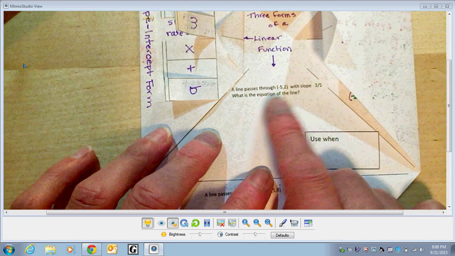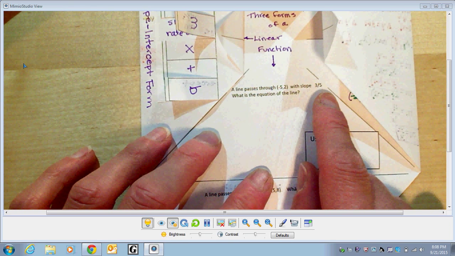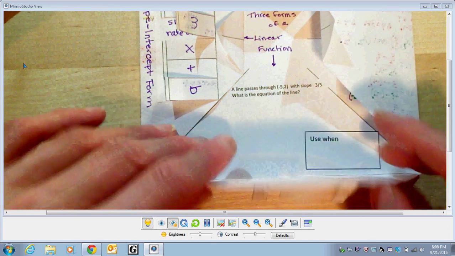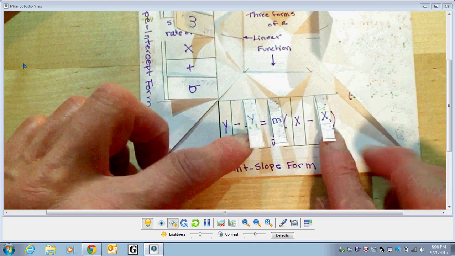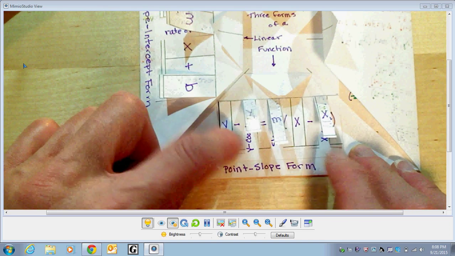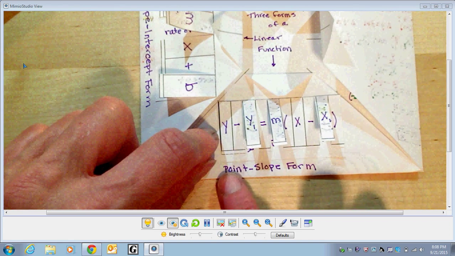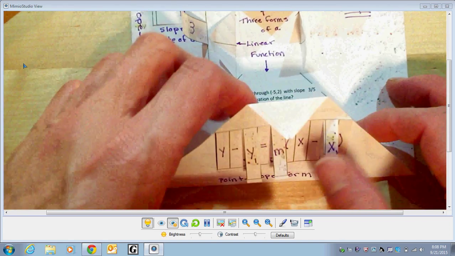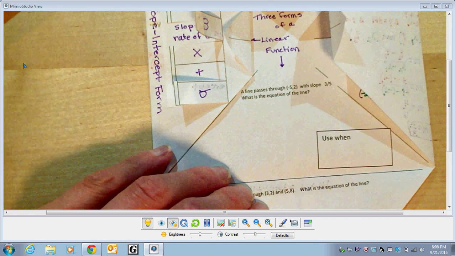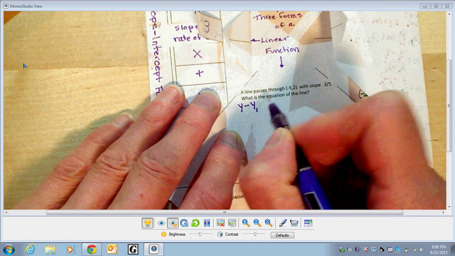So we have a line that passes through a point with a slope of 3/5. And what is the equation of the line? Well, remember, if we're given points, so here's our point right here, and we're given a slope. Whenever we're given a point, x, y, and a slope, we're going to use point-slope form. So the first thing let's do is write down what that equation is. We're going to use y minus y1 is equal to